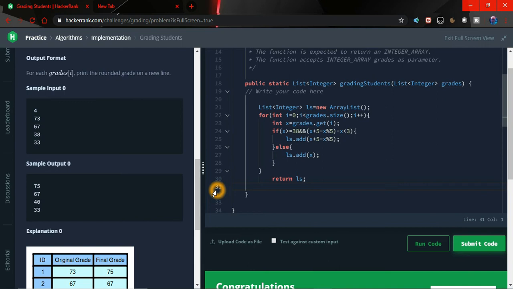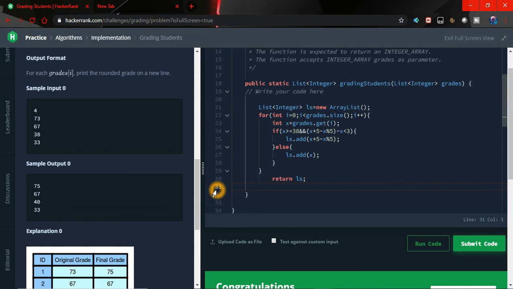If we add 2 to x, it becomes the next multiple of 5, which is 75. And if 75 minus 73 is less than 3, then the grade is rounded off to the next multiple of 5, so it will be rounded to 75.